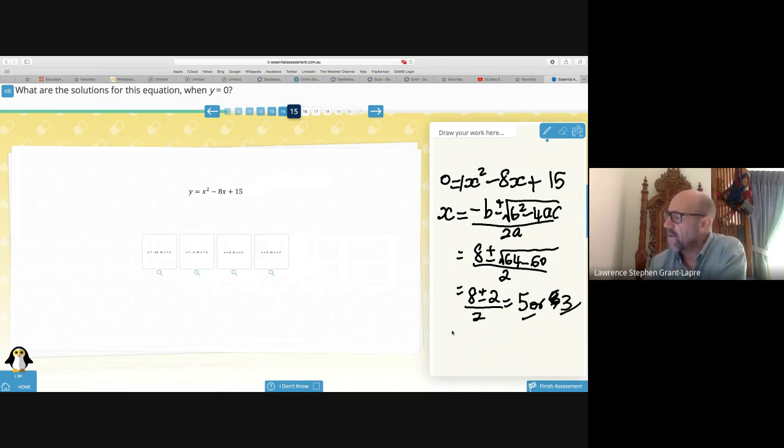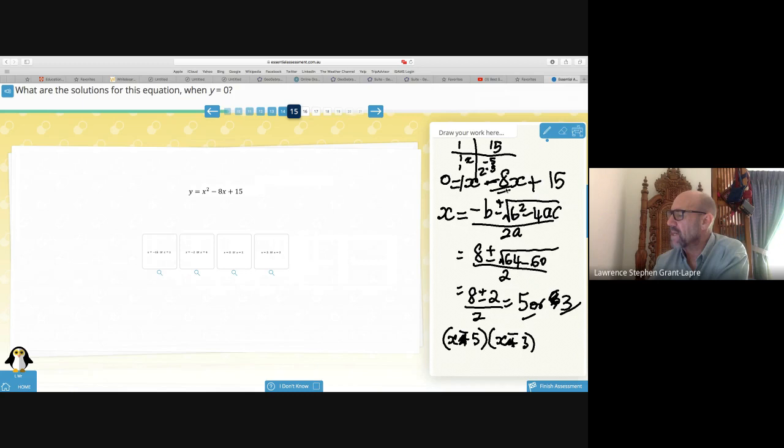The other one was to factorize. Two numbers that multiply to give 1 and multiply to give 15 is 5 and 3. So you get 1x plus 5 and 1x plus 3. But it has to be a minus. So 1x minus 5 and 1x minus 3. That gives us still negative 5 times negative 3 is negative 15, but when they add it, it becomes negative